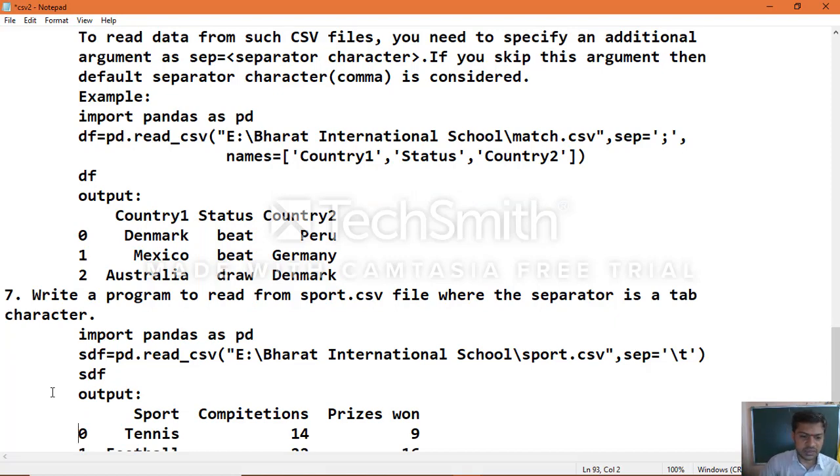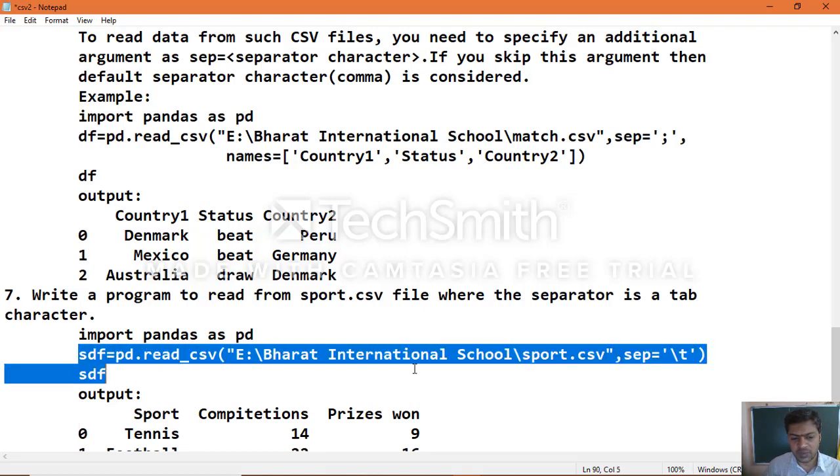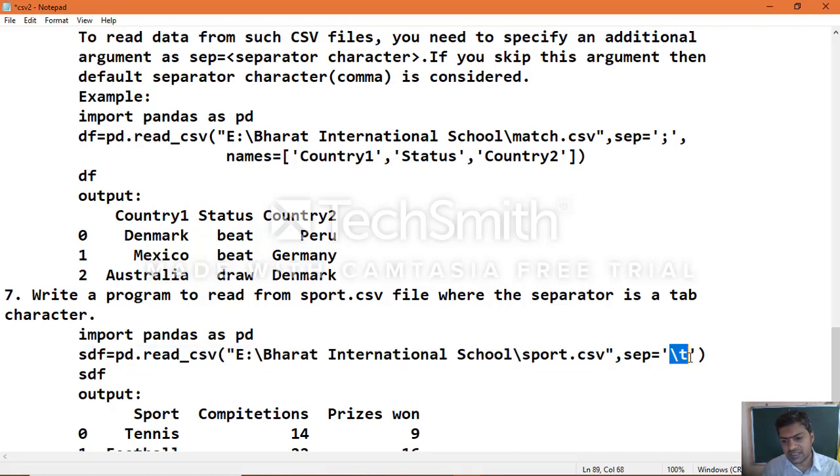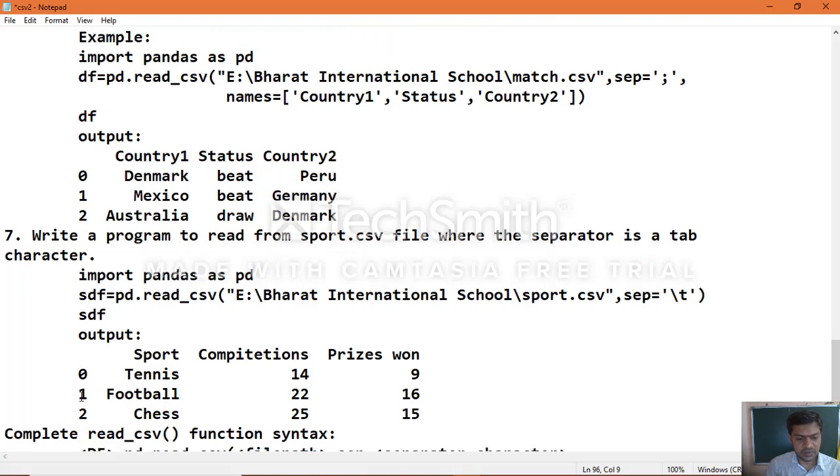So for that we can use the data frame object which you create after importing the pandas module, with the read_csv function. The first argument is the file path, and the second argument is sep, the separator, within quotation marks. You can see that earlier we saw semicolon, now backslash t, which is nothing but tab space. Then if you execute that, you will be able to read the data from the CSV file.